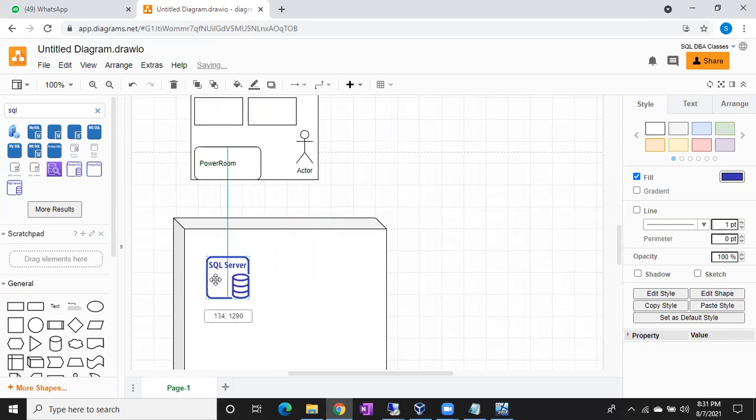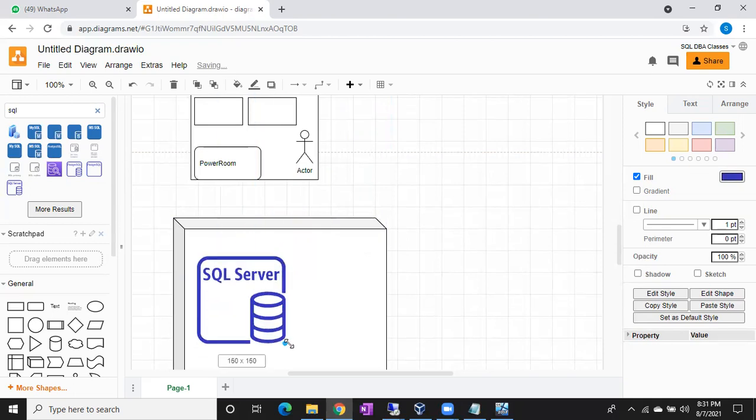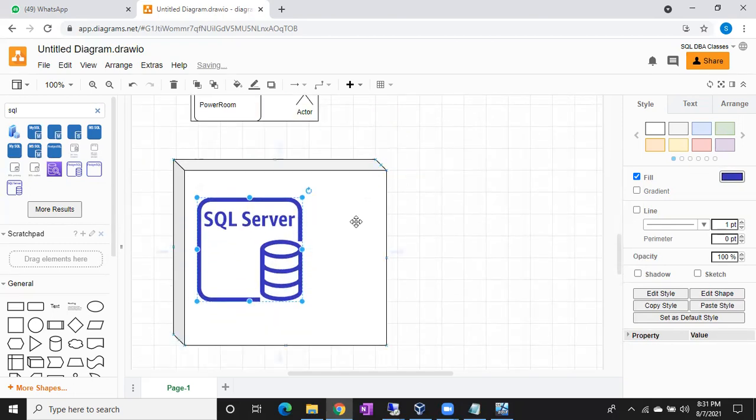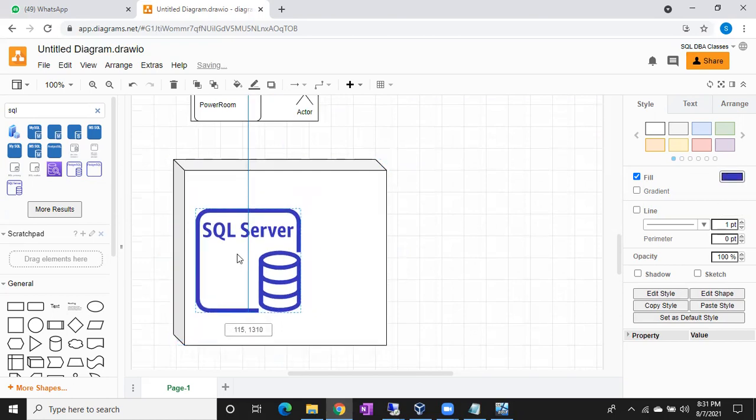We have databases, right? Let me expand this one now. So this is your Windows machine and this is your SQL Server. Under SQL Server, we have databases. These are the databases. Right, now let me explain a login and a user.